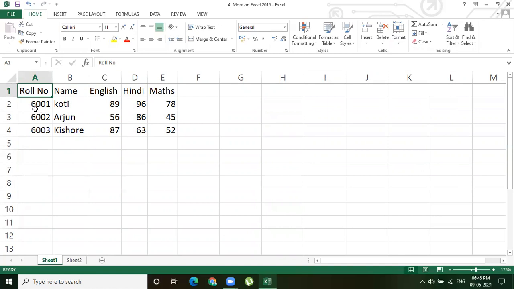The second one is selecting cells, selecting rows, selecting columns, selecting non-adjacent columns, selecting non-adjacent rows, modifying cell content, cut, copy, and paste data, setting column width and row height, and automatically fitting column width and row height. So by going through this video, I hope you can practice, and you can send me a short video of it, or you can send me a screenshot of your practice file.